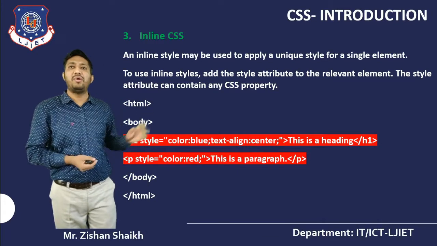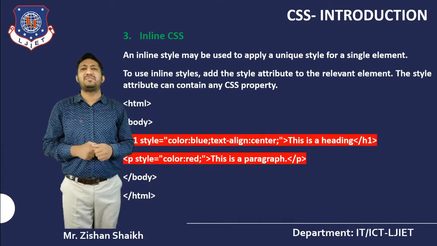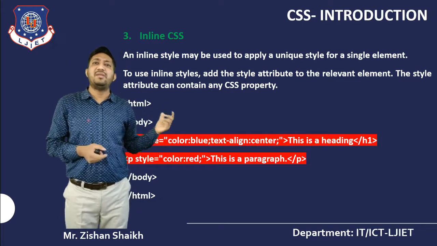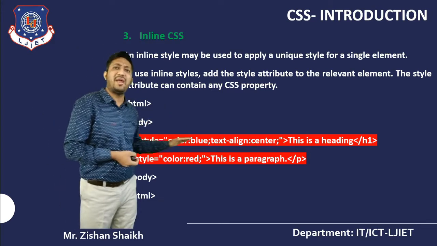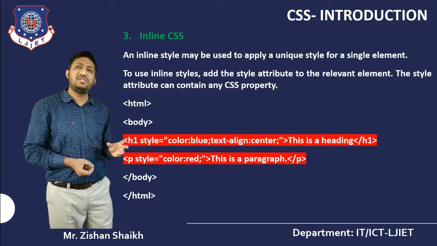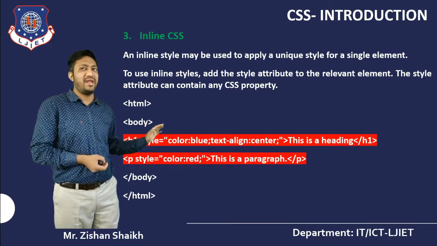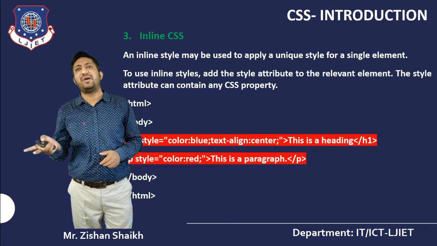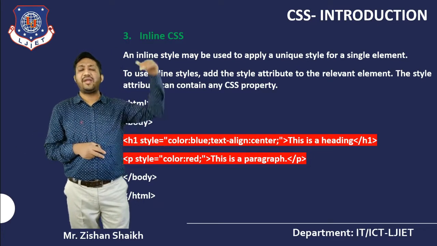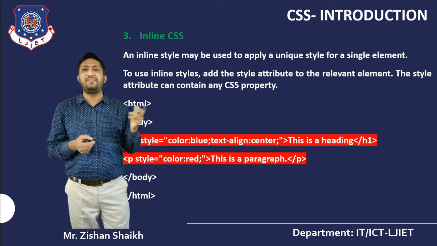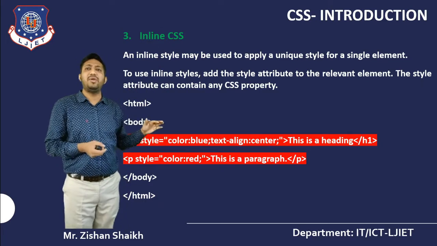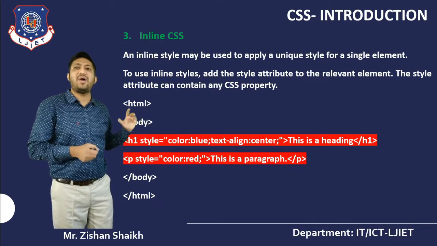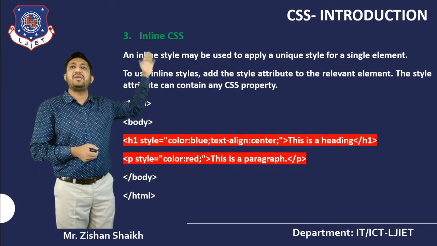Now, the third one is all about inline CSS. So what happens, suppose somewhere you need a style in my HTML tag that applies only up to this particular line of code. Suppose I need a change of my CSS in only a single line. For that it is not convenient to prepare an external file or to prepare the style tag in my head tag. Instead of that, it is better to write that code in the line of HTML code where I require it. So for that we are using inline CSS.